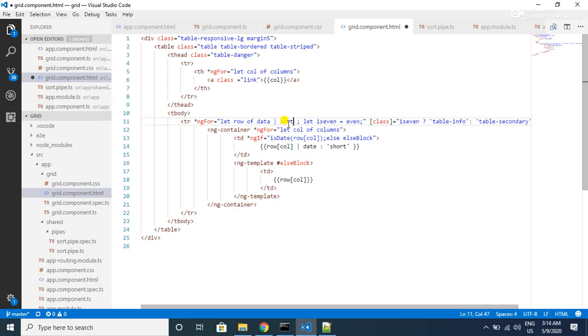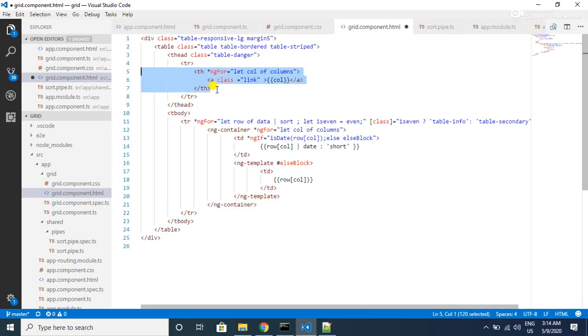We also want to pass the column name when we click on that particular column of our grid. Whenever we click on a particular column, we want to store that column name. So for that, let's add a click event handler for our header columns.